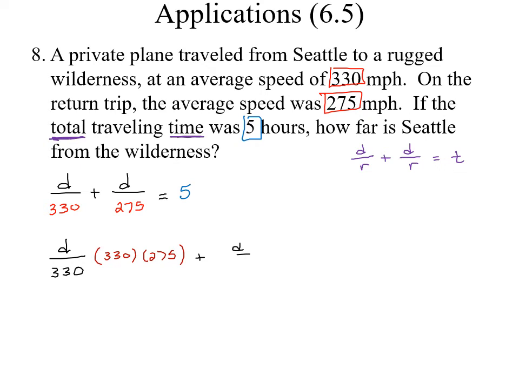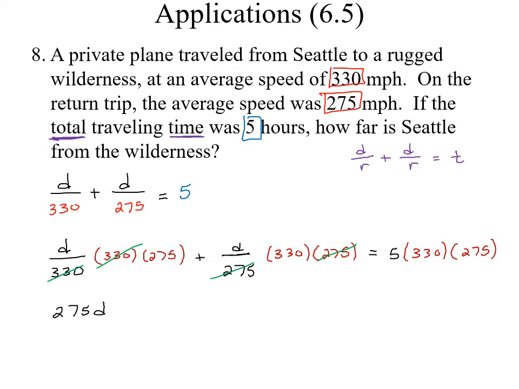And then we'll do d over 275 times 330 and 275, and set that equal to 5 times 330 times 275. That way, if I do it like this, I automatically know that the 330s cancel and the 275 cancel. So I'll end up with 275 times d